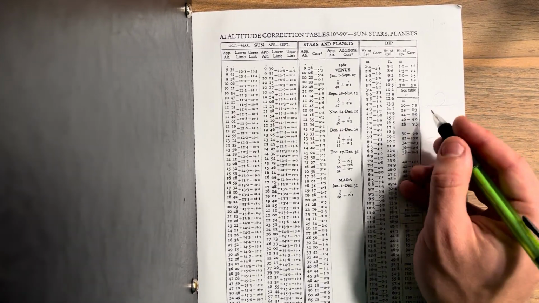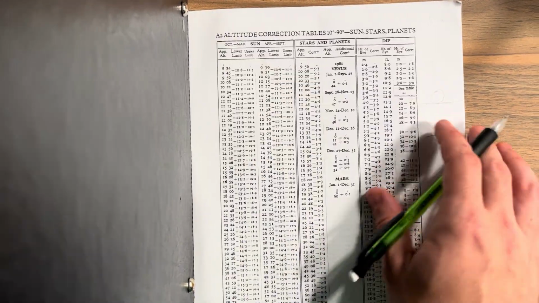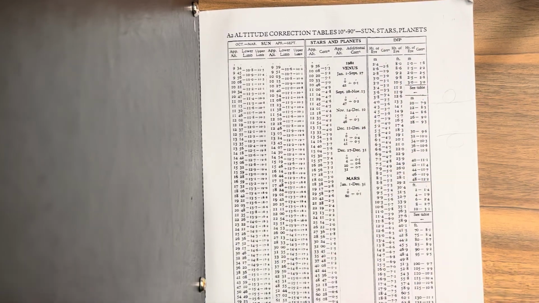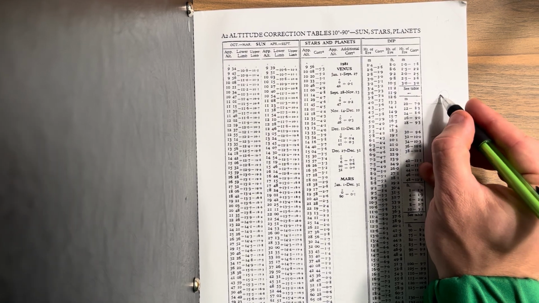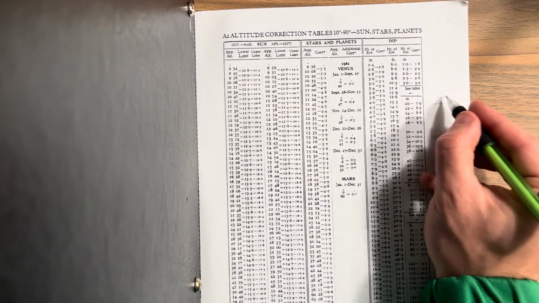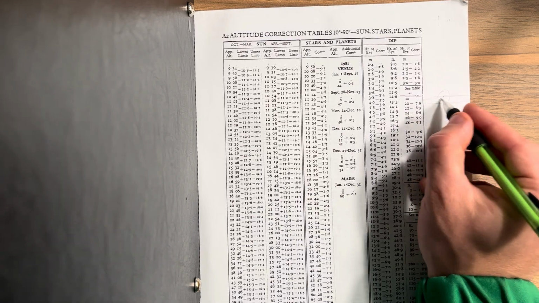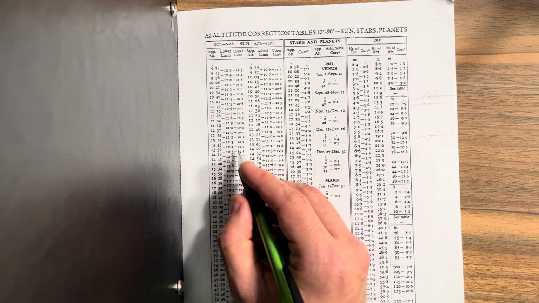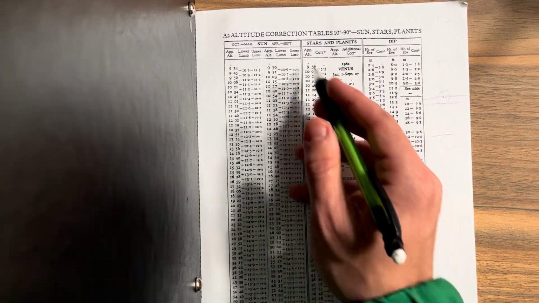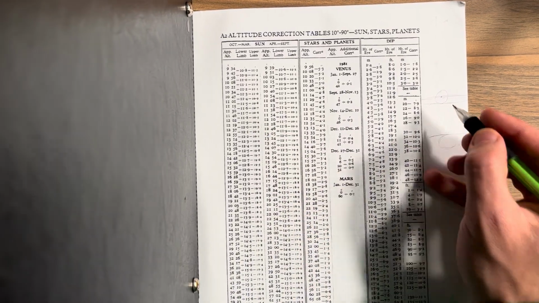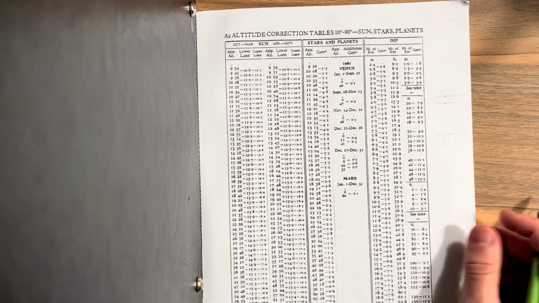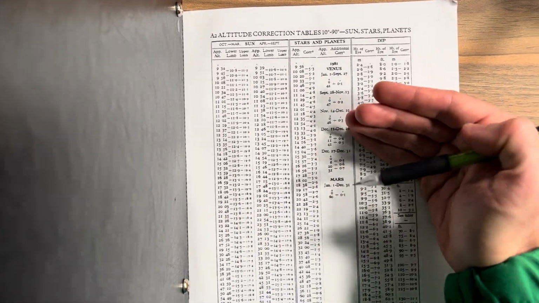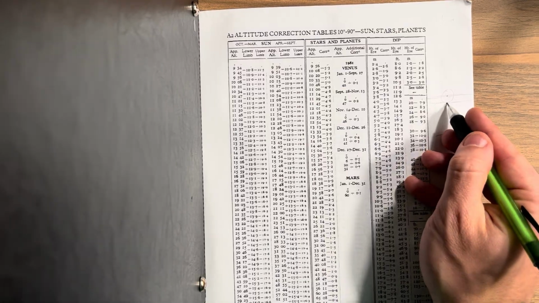The only problem is that all of the calculations that we have for the sun and for every body in this book are based off of their center. So you have to go from the bottom to the center and actually find what the height would be if the center were on the horizon. And that is what these tables, these sections here, are for. They adjust from the bottom of the body to its center based off of the time of the year and things like that. So that's the difference between apparent altitude and observed altitude. It just goes up from here to here. If we turn the page,